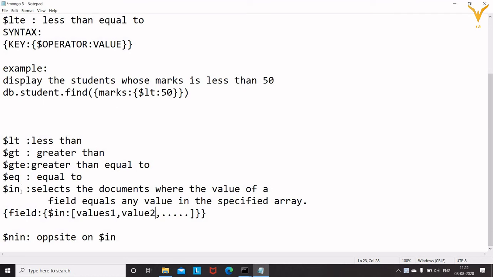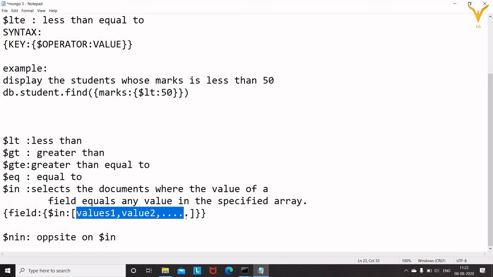$in. Okay, next operator is $in. So what $in does is it selects the documents where the values of the field equals any value in the specified array. It means whatever the values we specify in the array, if the values are present in that document, then it will display that particular document.